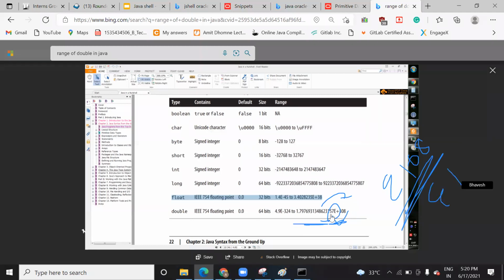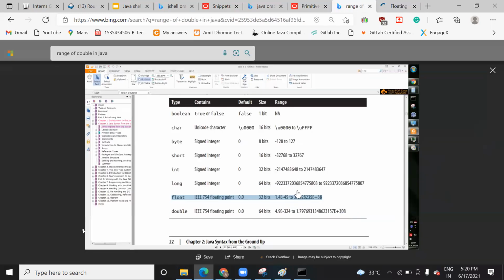No, no, but here it is telling you that this is a positive value and this is the negative value. The range from E minus 3 to 4 means 10 to the power minus 3 to 4, to 10 to the power 308. Because this is negative, that's why they have used positive; that's why they have added it here. Here also you can see wherever the negative values are there, they are adding positive. This is minus 45, this is plus 38. But here, if you see on this long integer and all, they haven't used it even after having a long value.